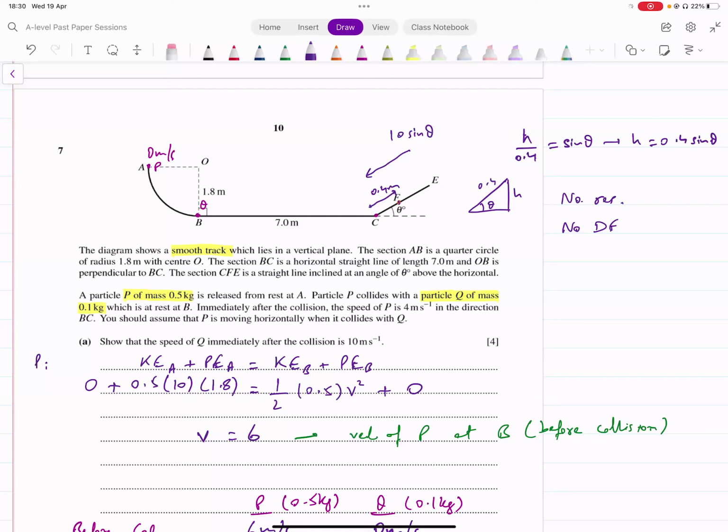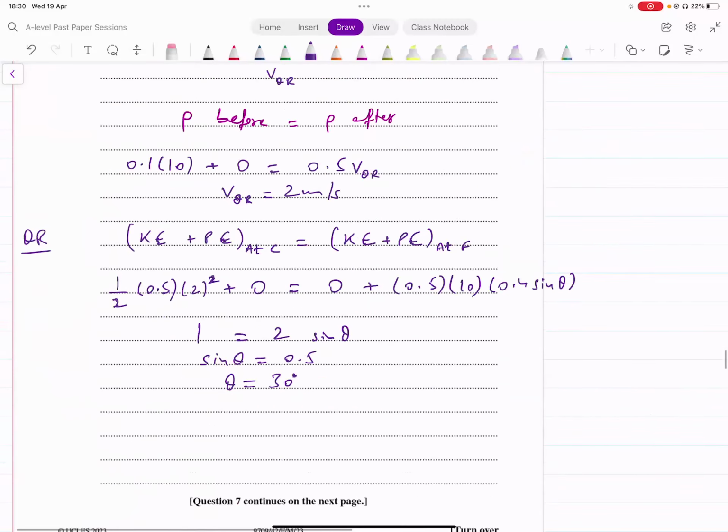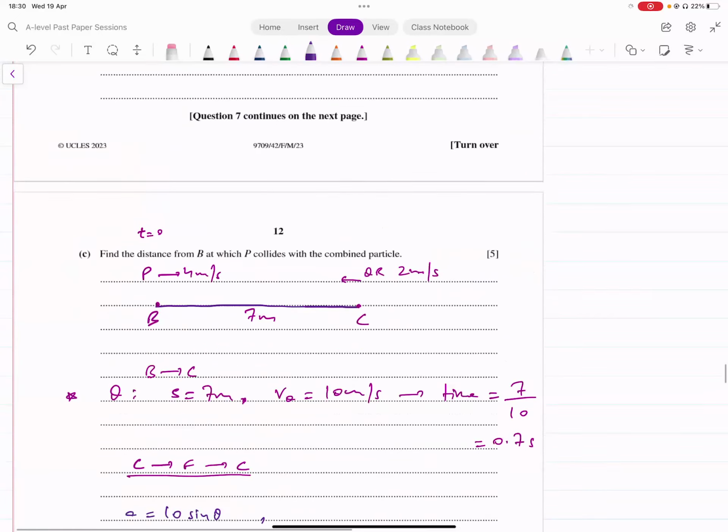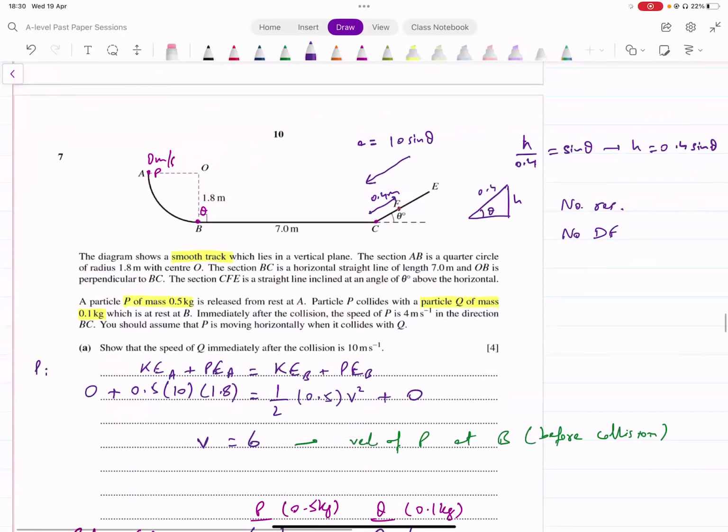10 sin 30। इफ यू रिमेंबर, जब आपके पास मोशन अंडर ग्रेविटी होता है इंक्लाइंड सरफेस के ऊपर, तो एक्सेलरेशन की वैल्यू क्या होती है, 10 sin थीटा, ओके। नीचे की तरफ 10 sin थीटा, बिकॉज सिर्फ 10 नीचे को लग रहा है, तो उस एंगल के ऊपर कितना लग जाएगा, 10 sin थीटा। तो एक्सेलरेशन की वैल्यू हमें पता है इस रीजन के अंदर, दैट्स 10 sin थीटा, दैट्स द वैल्यू फॉर एक्सेलरेशन।